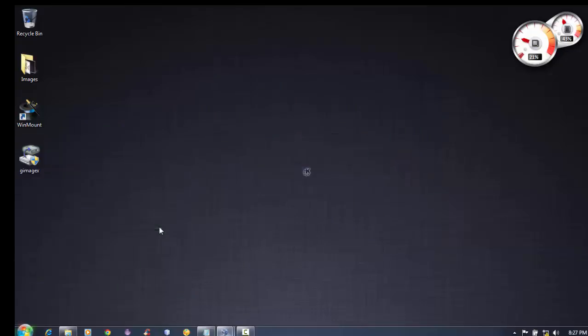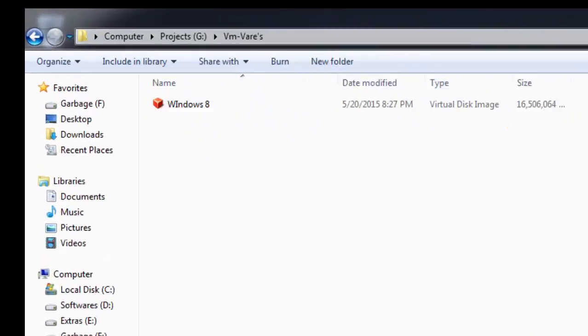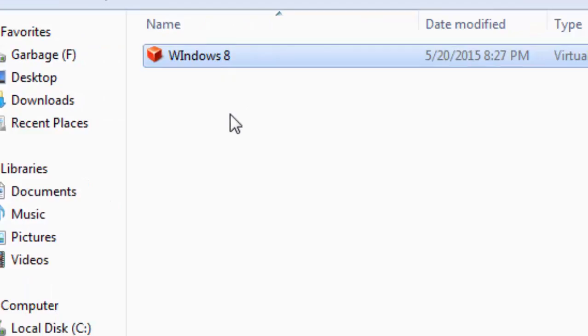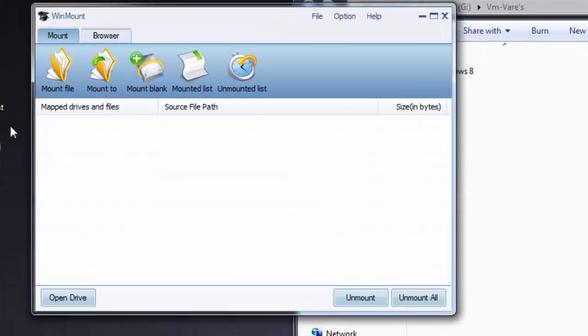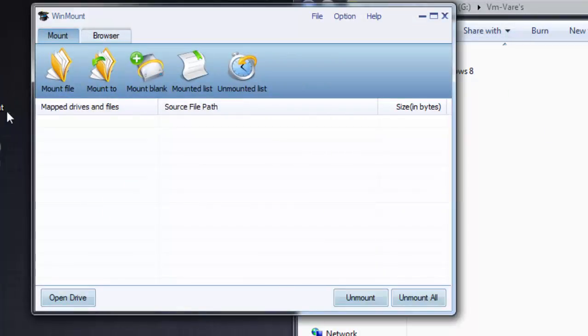Now what you have to do is go to the folder where you have placed this VirtualBox hard drive, and open up WIM Mount.